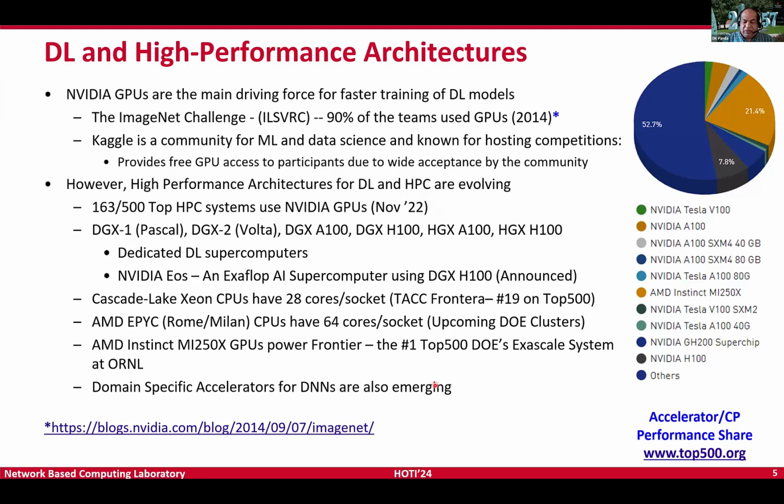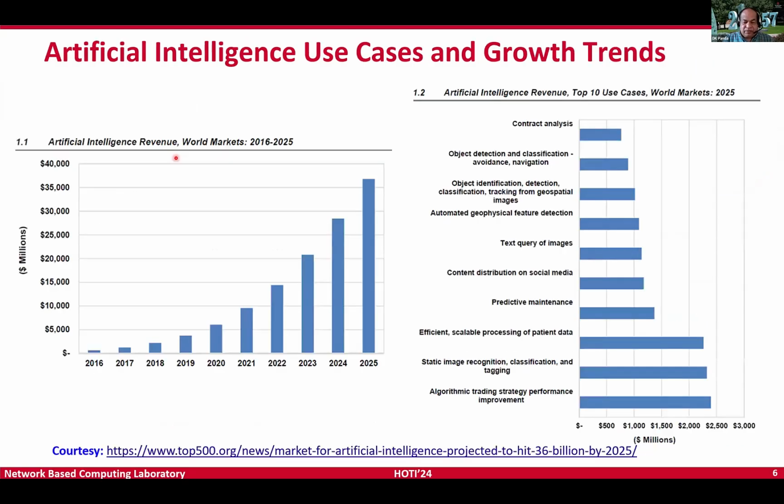But it's not just computing that matters, the data sets also matter. This started around 2014, almost 10 years back, when the ImageNet challenge started, and after that the Kaggle community also started Kaggle competitions. Through these competitions, a lot of data sets were made public. That helped a lot of researchers and practitioners jump in and play with those data sets together with the computing environment, to see whether they can come up with better solutions or better algorithms.